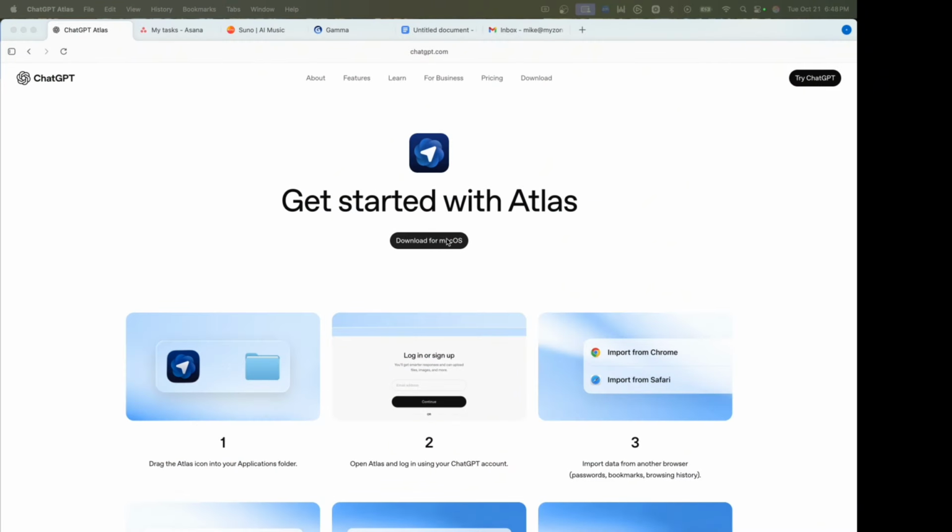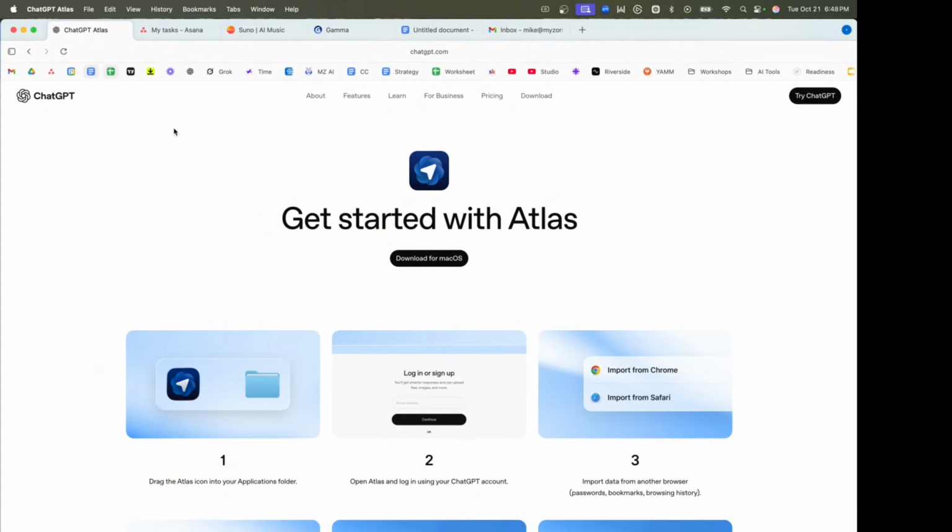isn't Microsoft one of their biggest investors? They can't be too happy about that. It'll be coming for Windows users very soon, I'm sure. So yeah, I just went here, downloaded, installed it. It automatically imported all of my bookmarks from Chrome, and so far I think the overall browsing experience has been